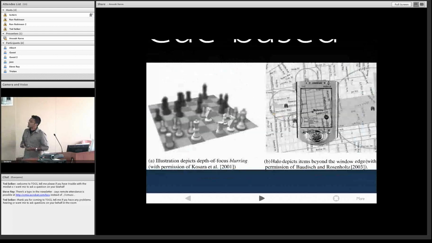And the last category is something called cue-based techniques. And this is a very simple idea. It's also known as brushing in information visualization. And the idea here is that we take the elements of the result set and we foreground them somehow. So here we use depth of field, which is actually pre-attentively processed. People can very quickly pick out objects that are in focus versus out of focus. Here, you'll notice that the elements of the result set that fall out of the viewport are given this halo. And this halo makes a subtle mark on the edge of the screen such that the degree of the arc tells you how far the hit that's not in viewport is from the focus. So that's a couple examples of four techniques.